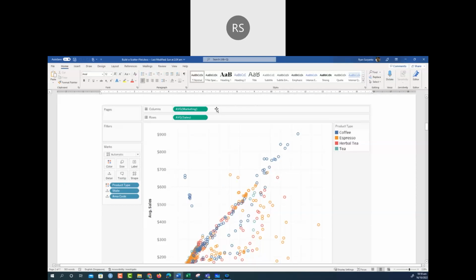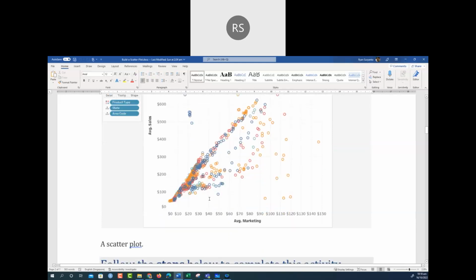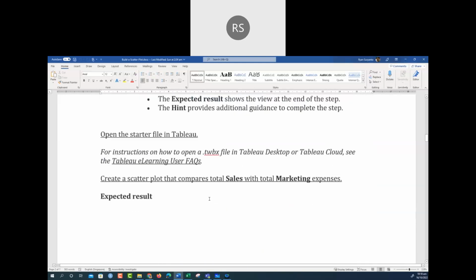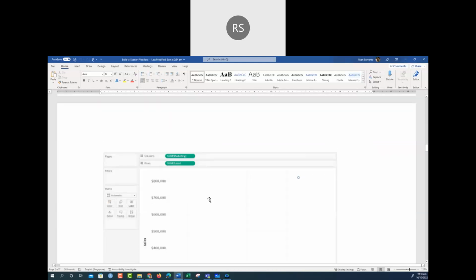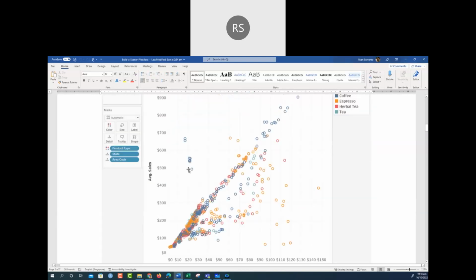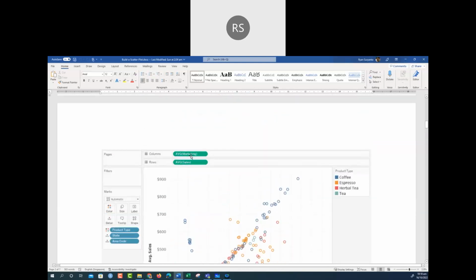So the column is the x-axis, row is the y-axis, and then the color is product type, and then the detail is state and area code. Okay. So first you're going to create something like this, yeah. Scatter plot, yeah. Some marketing, and then